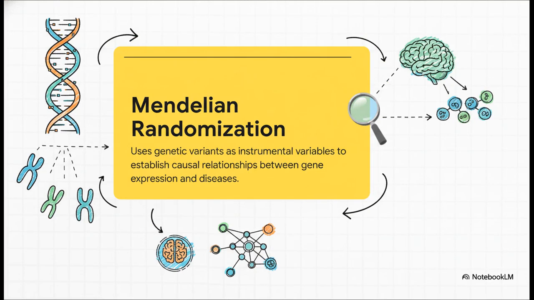To infer causality from these associations, a technique known as Mendelian randomization, or MR, is frequently used. MR leverages genetic variants that reliably predict an exposure, like the expression level of a protein, as an instrumental variable. This allows one to estimate the causal effect of that exposure on a disease outcome in a way that is less susceptible to confounding than traditional observational studies. One must, however, account for potential violations of MR assumptions, such as horizontal pleiotropy, where a variant influences multiple unrelated